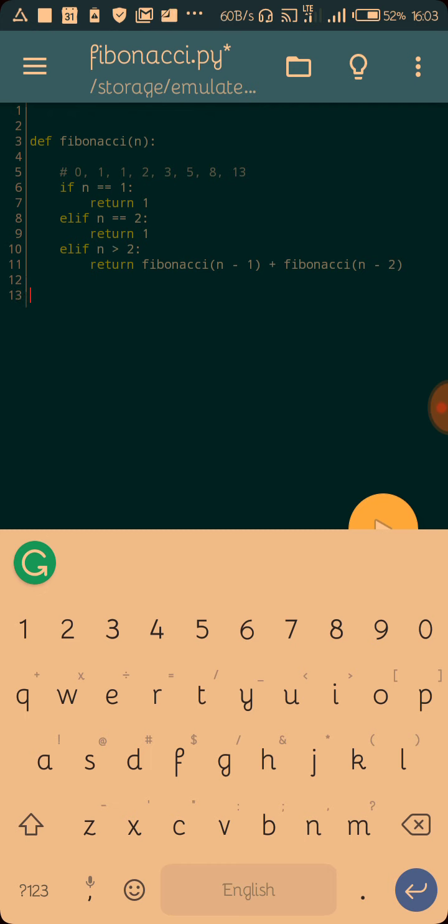Let's put this to test and see what we're going to get. For us to put it to test, we do for i in range, for i in the range of 0 to 10, or I could say 1 to 10, we should print the result of Fibonacci of that i. Now, if we run this,